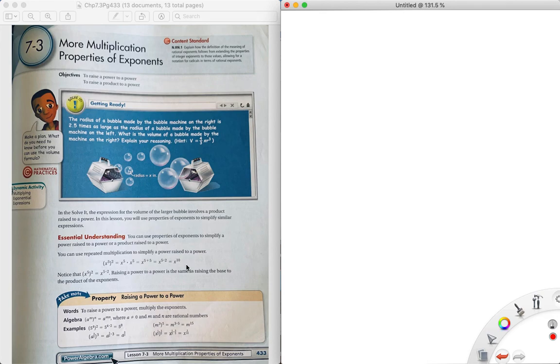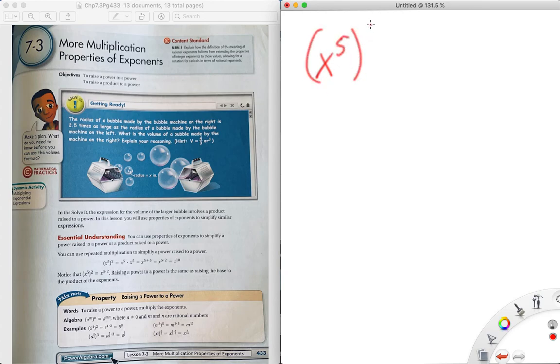Okay, so this is Algebra 1, Semester 2, second lecture, Chapter 7.3 and Chapter 7.4. So the first thing they do is talk about multiplying powers of exponents. They give us an example of x to the fifth power,